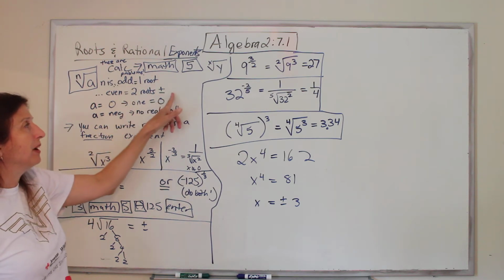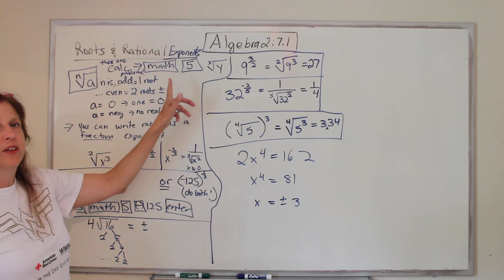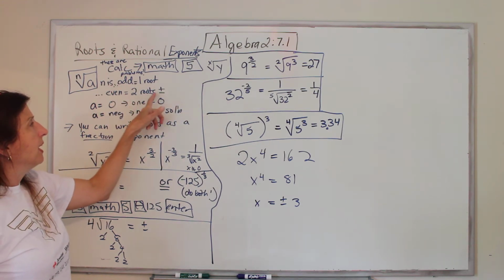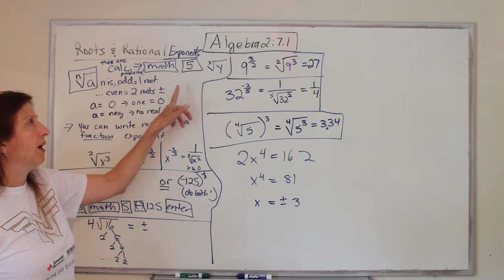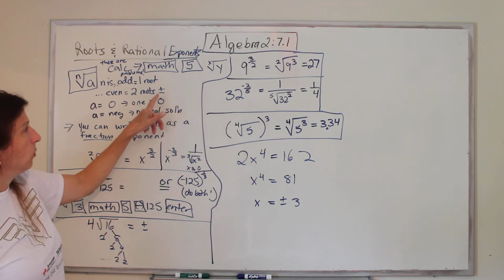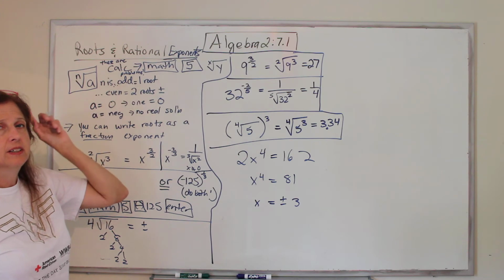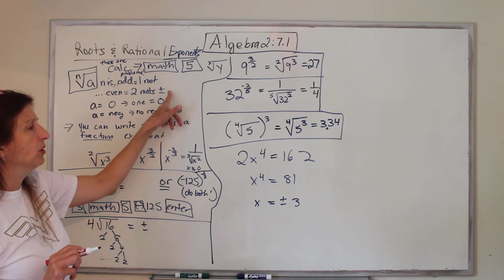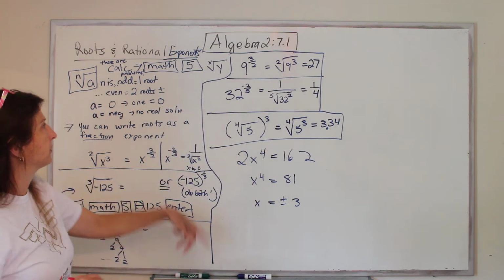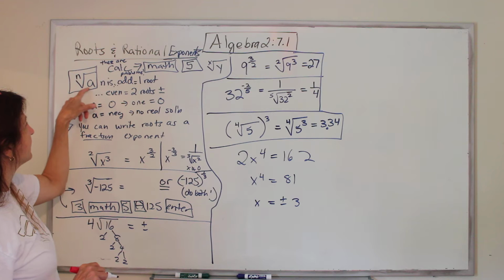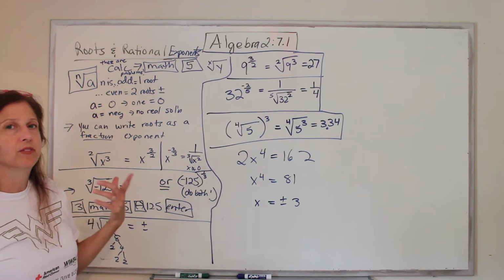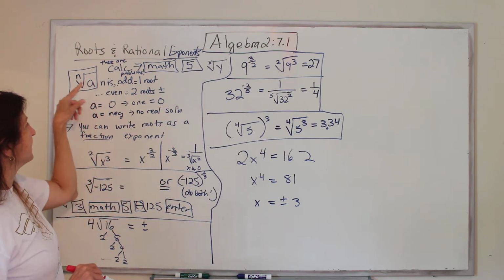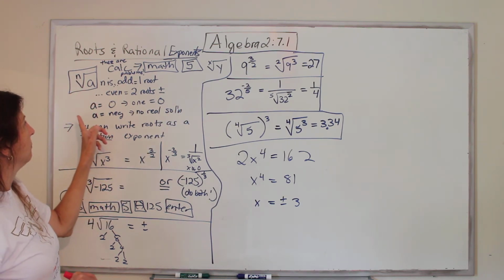Anyway, then you'll get 2 answers, because if you didn't buy the Origin book, you don't know if the number came from a positive times a positive being positive, or a negative times a negative being positive. Because remember, 2 negatives make a positive, and that's why if it's an even root, it's plus or minus. Okay? And then if a is 0, if you take the square root of 0, it's always just one answer, it's 0. If a is negative, and